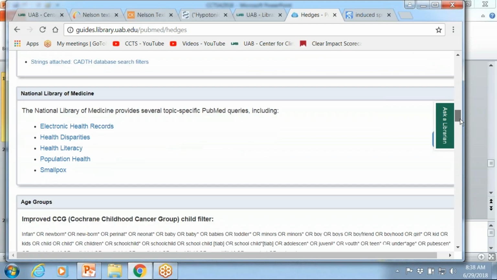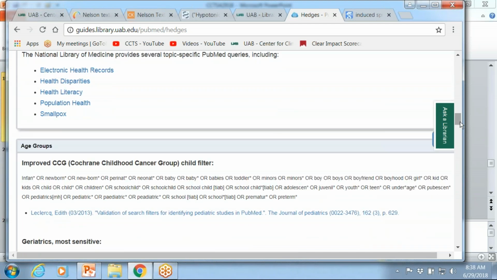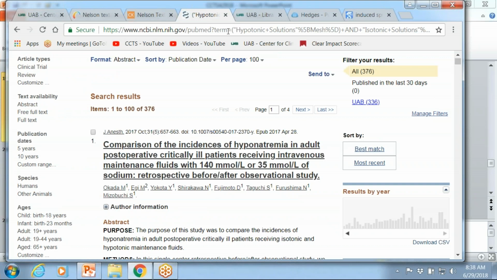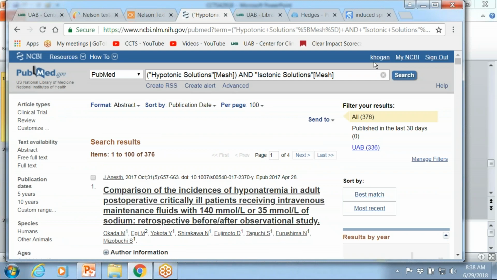If you keep scrolling down, you'll find one for age groups, one of which is a child filter that's used in the Cochrane Library. So what I could do is highlight all of that, Control-C to copy it, come back to PubMed, take this out, paste it into my box and search it, instead of using the child filter.